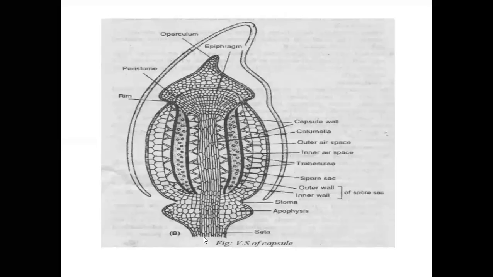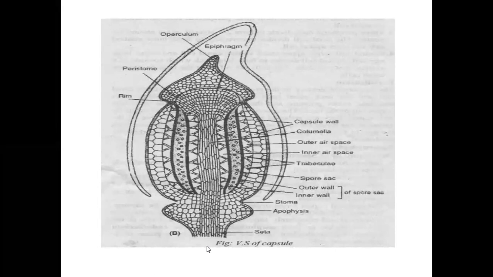After fertilization, the diploid zygote is present in the venter of the archegonium. The diploid zygote undergoes division. It develops into 2 cells, 4 cells, and a young embryo. The young embryo develops into the sporophyte of Polytrichum. The sporophyte of Polytrichum shows mainly 3 major portions: foot, seta, and capsule.